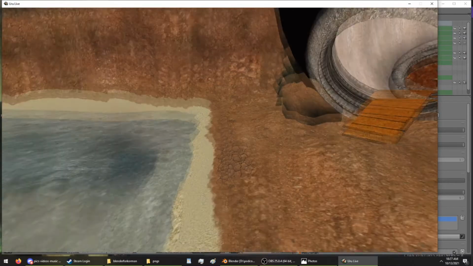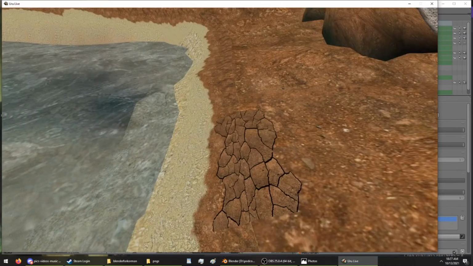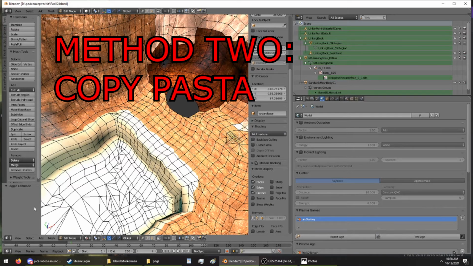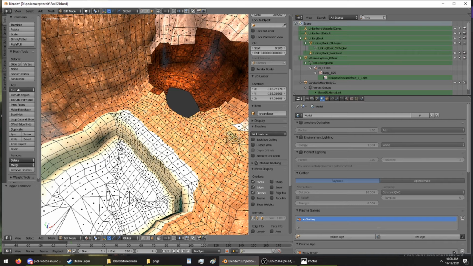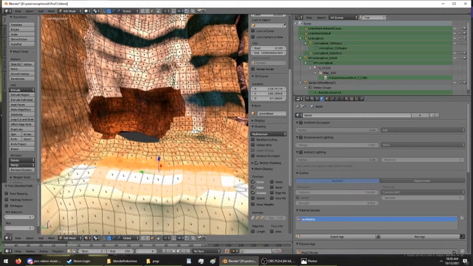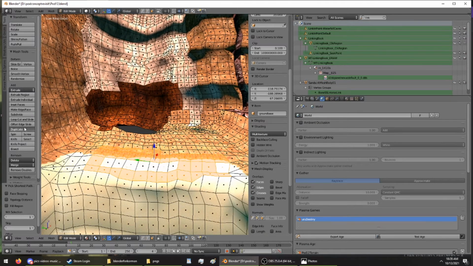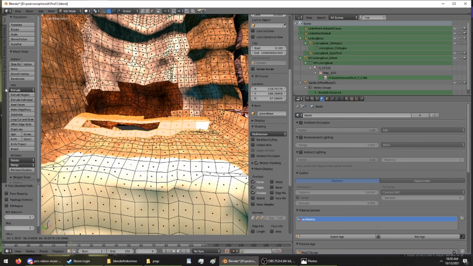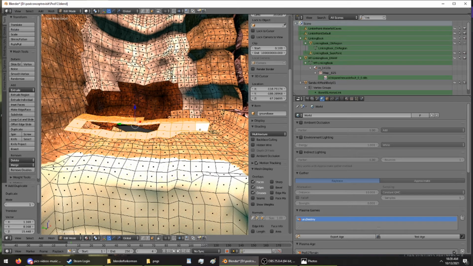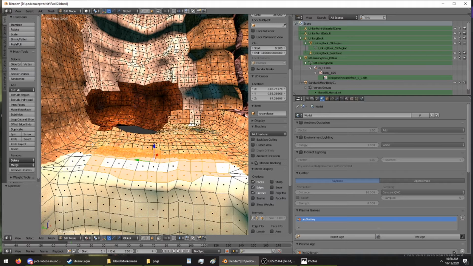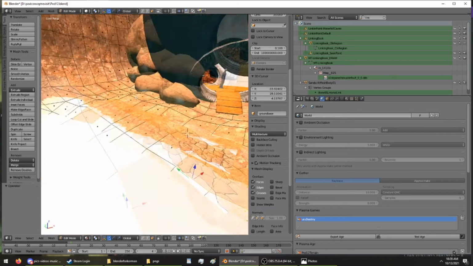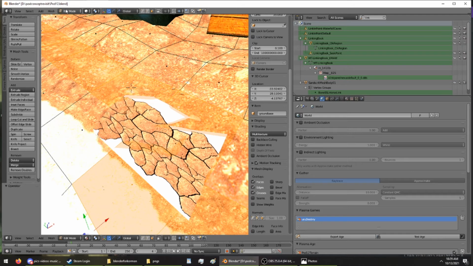So, what other ways are there to do this? Well, the next easiest way to do this is to just select a bunch of our planes here and then go through and duplicate them. Because if I do that right now and if I hit duplicate and I lift those up, then we got a perfect copy of our terrain. But that's tedious, and it also adds to our vertex count on this particular object. So no, we're not going to be doing that. Instead,